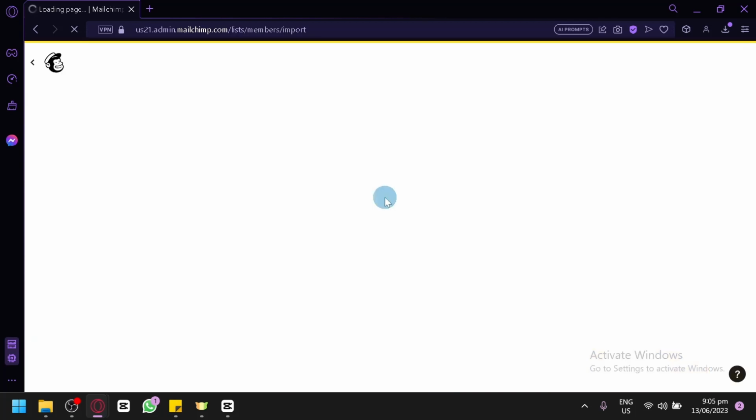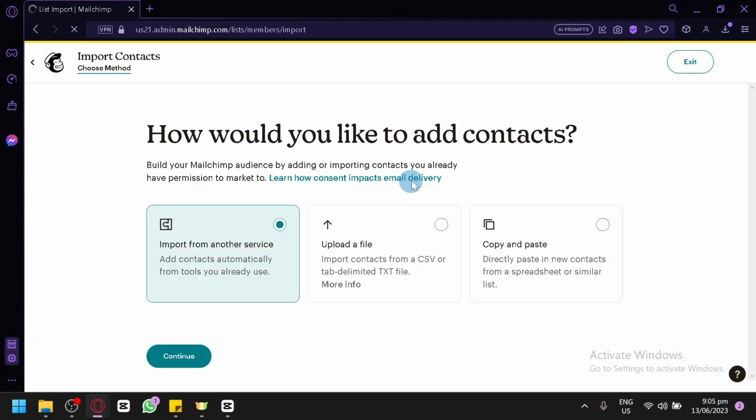We will be redirected to this page, wherein we will be able to see all the different ways to add contacts into our list. The first option is to import from another service. We can add contacts automatically from tools that we already use. We can also upload a file, importing contacts from a CSV or a tab-delimited text file. Or we can simply copy and paste into a new contacts form from a spreadsheet or a similar list,